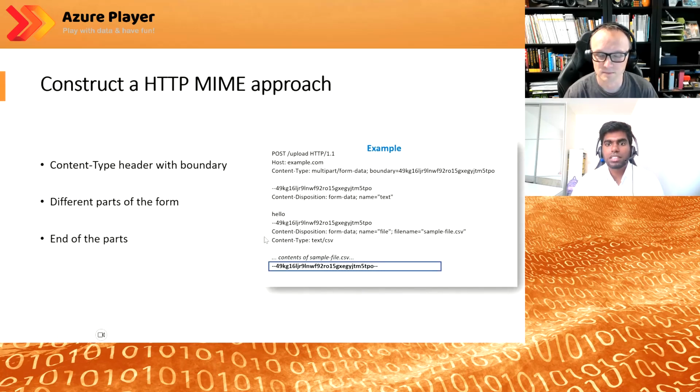Yeah, so that is the thing that you need to be aware of. And this is a very clean and clear example online as well. You can identify different examples of how to construct a specific body in this way. And you can also use a client like Postman, for example. If you have a server, you can use a client like Postman and test